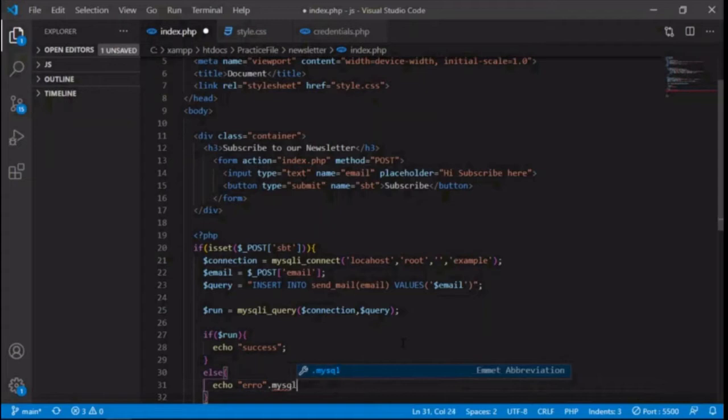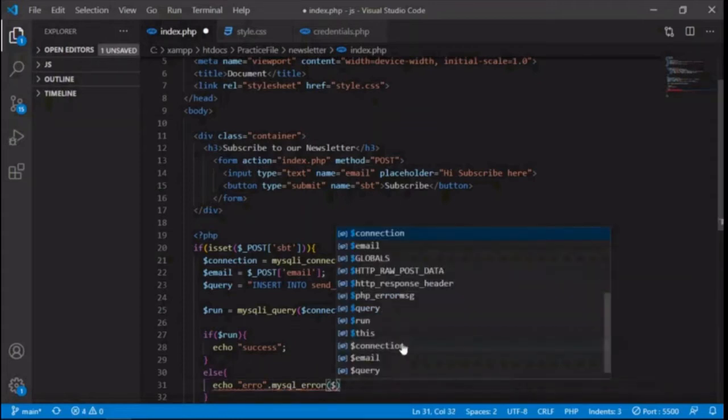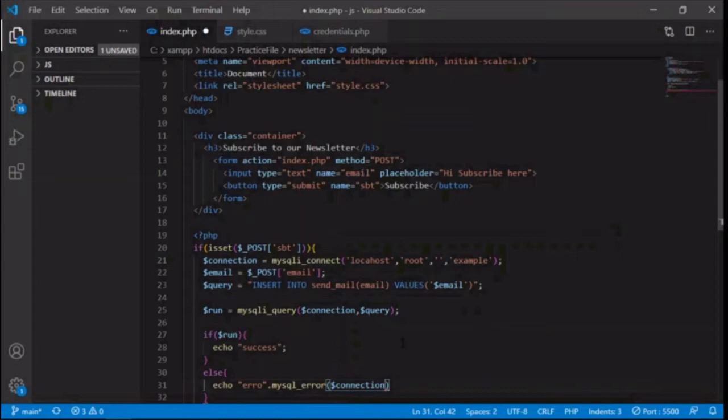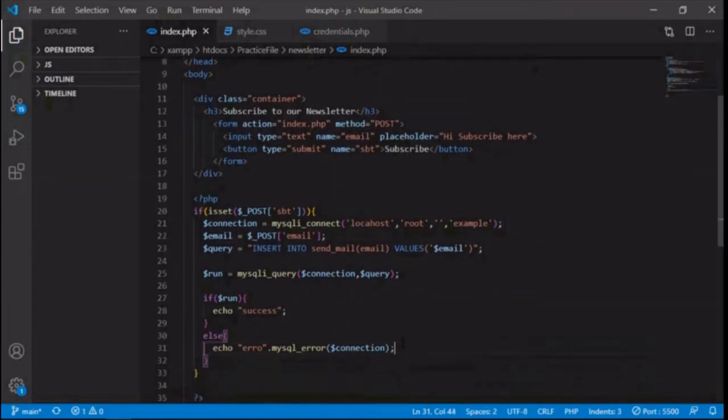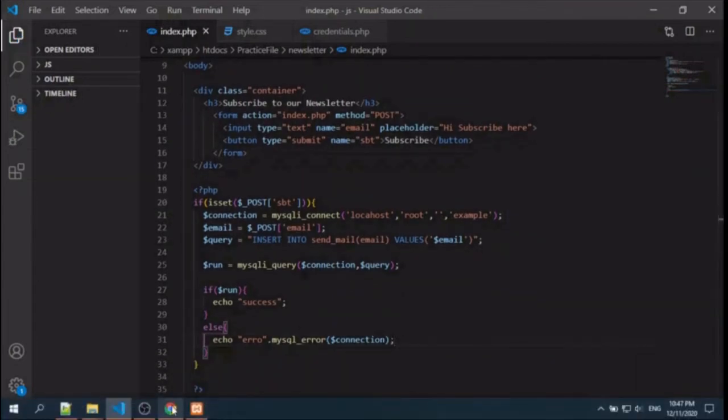If an error occurs, then we need to identify what type of error. For that, the MySQL error function is used, and this function requires one parameter, the connection variable. Save that.